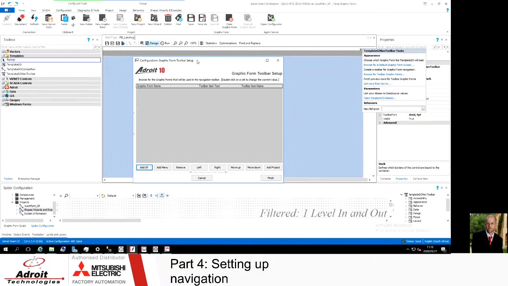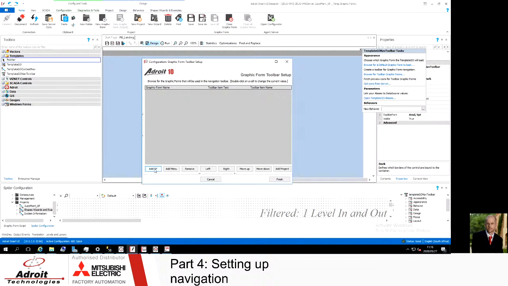So inside here, we can add graphic forms manually within this environment, or I can add a menu item. This is just a button within the environment. But I'm going to go along and add an entire project. Now,